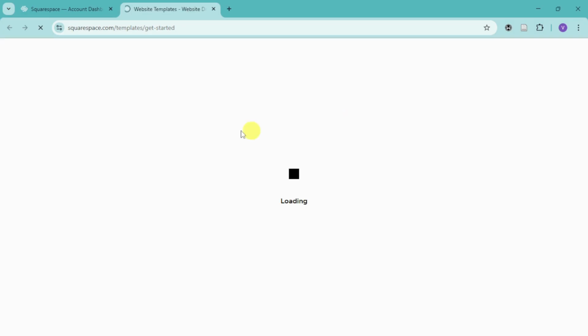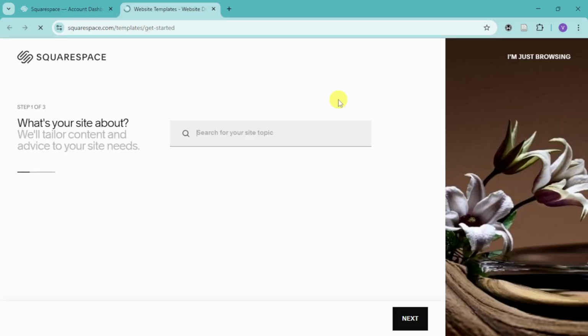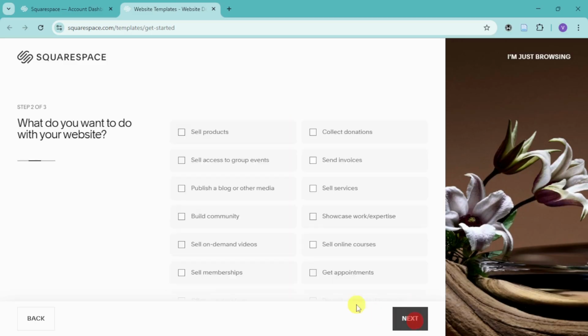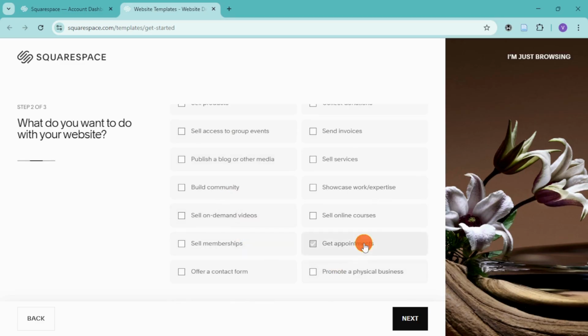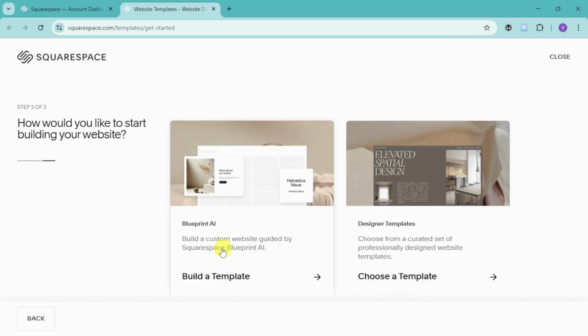see all of the website templates available on your actual Squarespace. In this case, let's proceed to searching here for restaurant. Choosing here this, then click on next, and choosing here what you want to do with your website. For this case, let's choose here get appointments, offer contact form, send invoices, and in here, just choose which one you want. Click on next, and either you can choose the Blueprint AI or you can also choose from